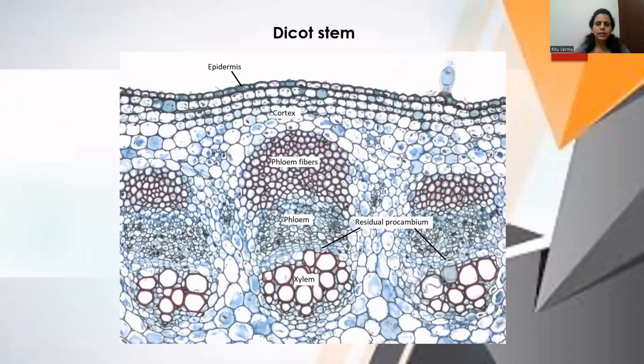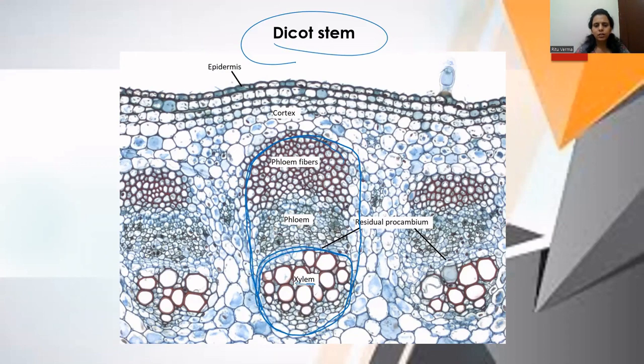The next one is the dicot stem, the cross section of a dicot stem. This is important because sometimes they ask about this in the exam. If we look here, this whole structure is your vascular bundle. In this vascular bundle, the cells present inside, towards the center of the stem,